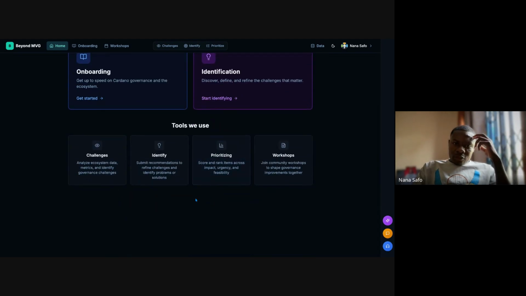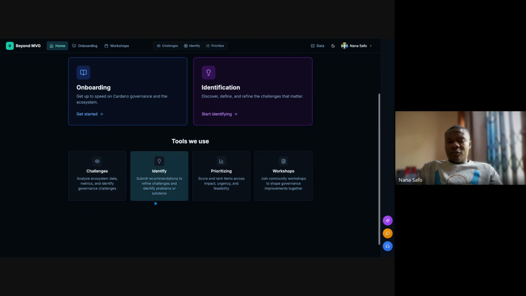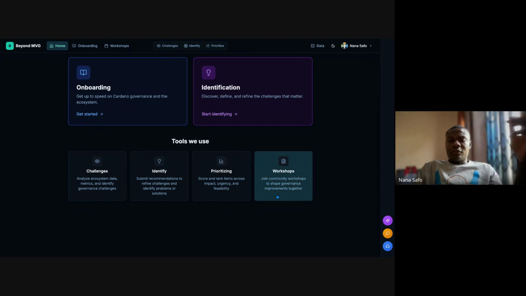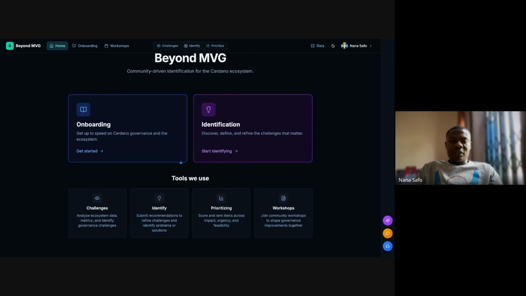And the tools we are using is that we're going to look at some challenges, as I said. If you're able to identify some recommendations, then you submit these recommendations, and then we look at these recommendations that are received, and then we prioritize them as well, which is through voting. And then, of course, we have a lot of workshops that we are doing. This is the seed session. There are about 4 more to come probably in the next few weeks. So if you click here, you'll get access to all the outstanding workshops that are yet to be held, and then you can participate effectively as well.